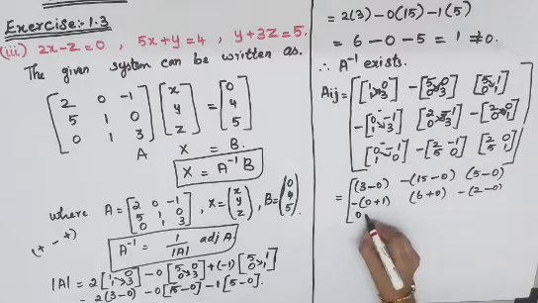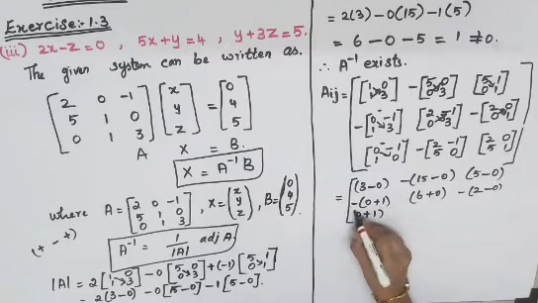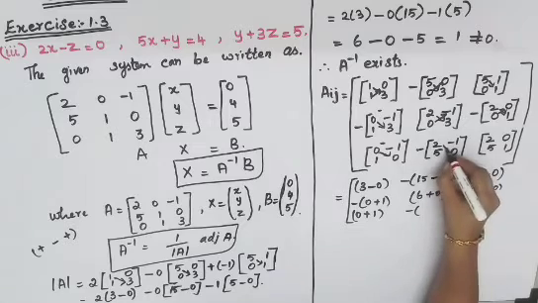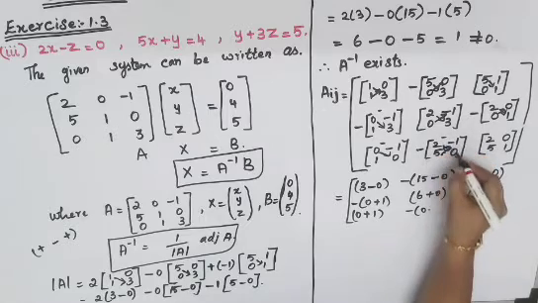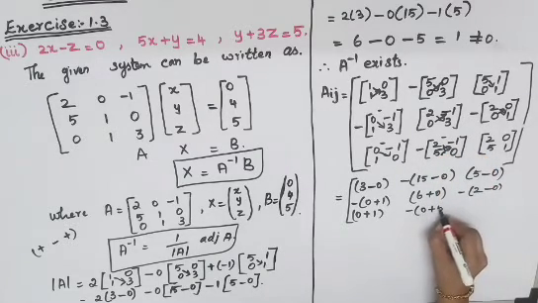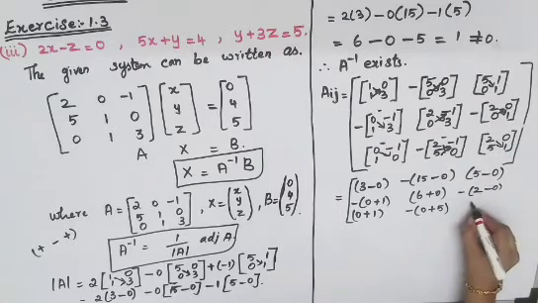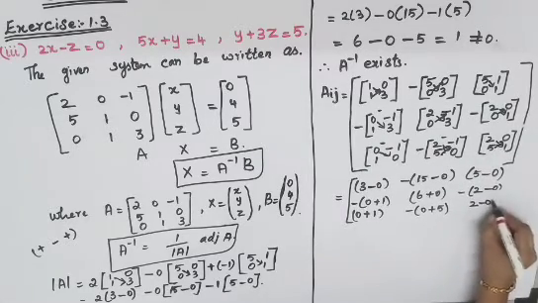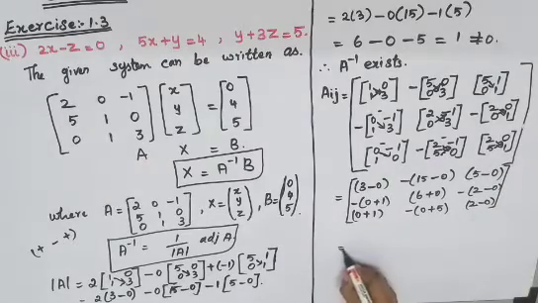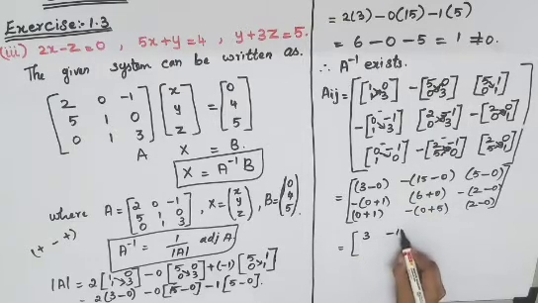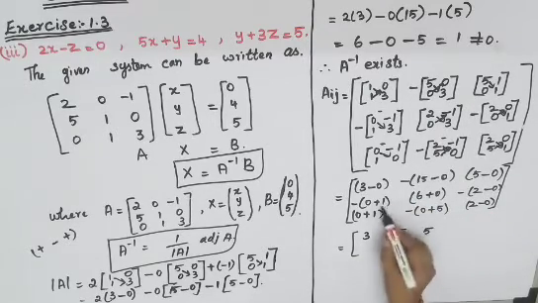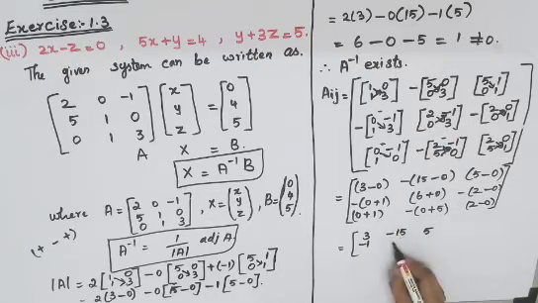minus, so minus and minus will become plus. 1 1s are 1. Then this minus is there. 2 zeros are 0. 5 into minus 1 is minus 5, but minus will be there inbuilt. Minus and minus will become plus. So plus 5. Then 2 1s are 2. This is minus 0. So equal to 3 minus 0 is 3. This is minus 15. This is 5. 1 with minus, so minus 1. 6 minus 2. This is 1 minus 5 and 2.